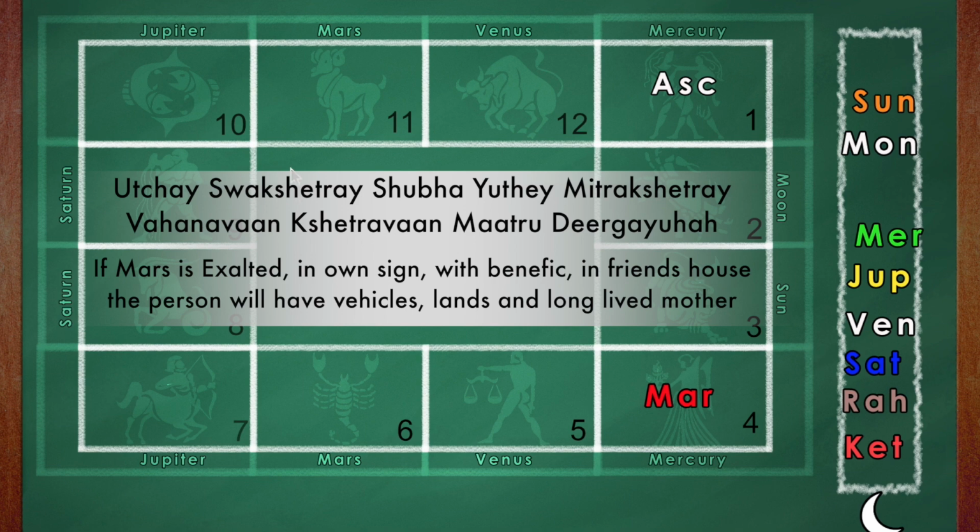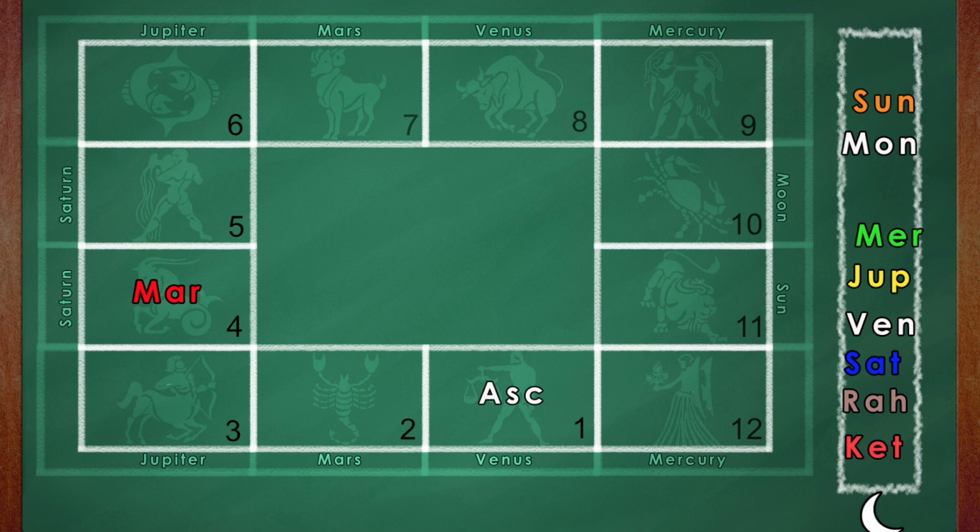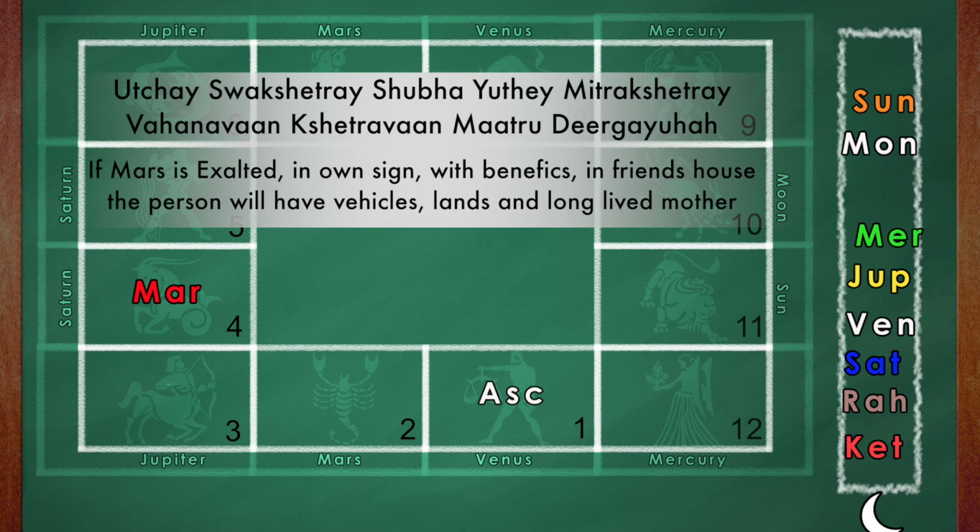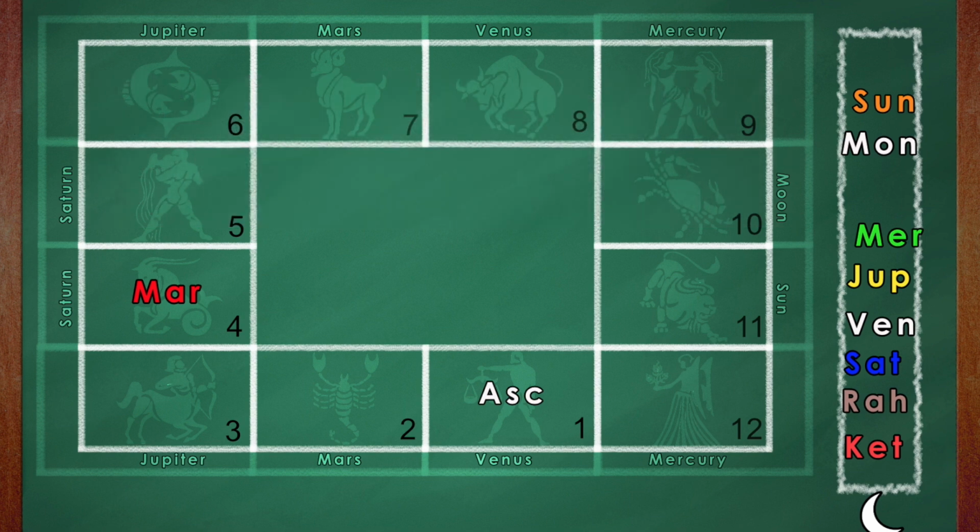So once again we have the conditions apply. So on the green board you see a condition where Mars is exalted in the fourth, and here Sage Bhrigu very clearly states that whatever has been stated earlier will not happen if Mars is Ucche, exalted, or Swakshetra, in own house or with good planets.